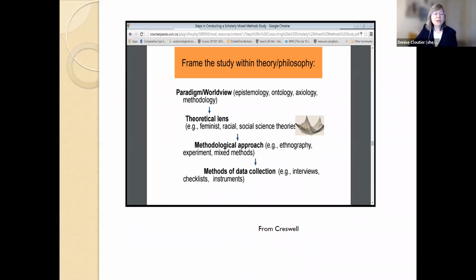So it's good to start probably with framing some core concepts or ideas about qualitative and quantitative research. This diagram comes from Creswell, and I apologize that I don't remember the date of the document that I took it from, but it gives us a flavor for what we're thinking about when we talk about mixed methods research. And so we begin from the point of view of paradigms, which, if you think of a paradigm,